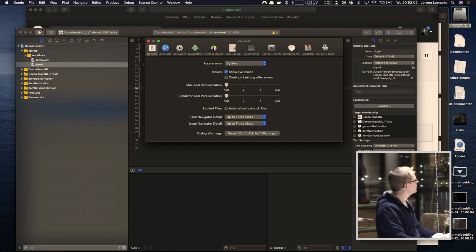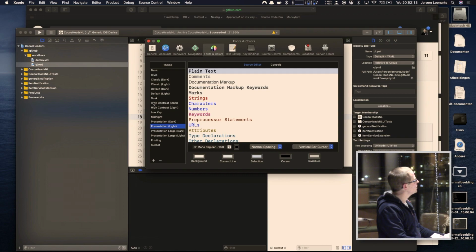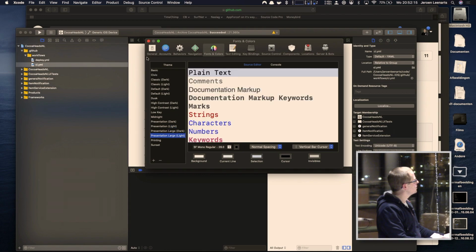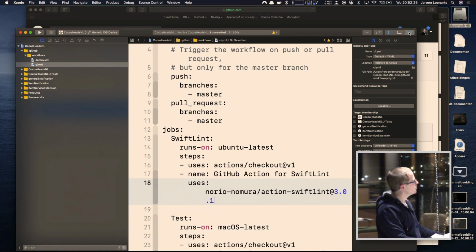Oh boy, yeah. Presentation light. Large light. That's very large. Too large? And for some reason my mouse pointer is really sluggish.